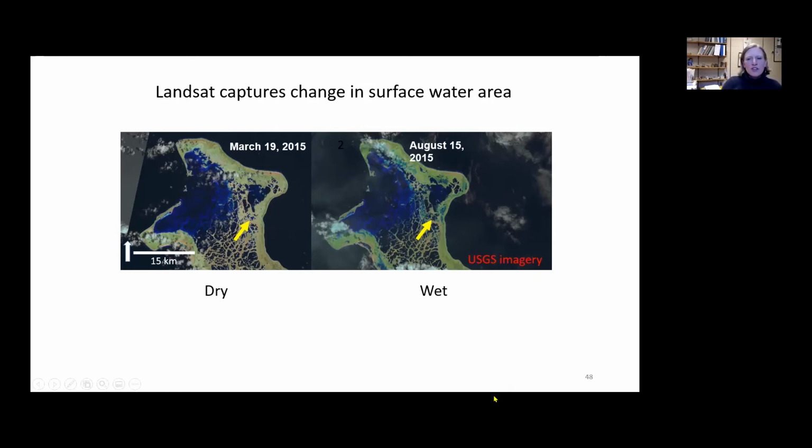And with USGS imagery, this is an example of seeing the effect of a huge El Nino event on the landscape. It may be kind of hard to spot at first, but on the left-hand side, we're looking at a dry period on the island. If you look at this little area right here, there's a lot less blue covering the landscape over here than after the El Nino of 2015, where there's a lot more blue. So a lot of the landscape becomes completely inundated. And if you look, the little spines of land are all just smaller in the view on the right-hand side. So we can see these changes of one El Nino event on the landscape with remote sensing,